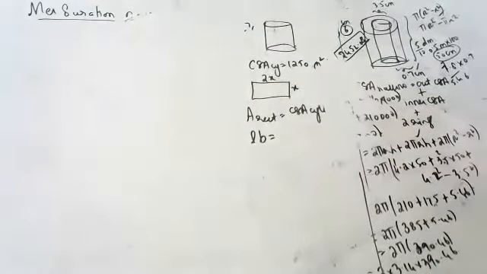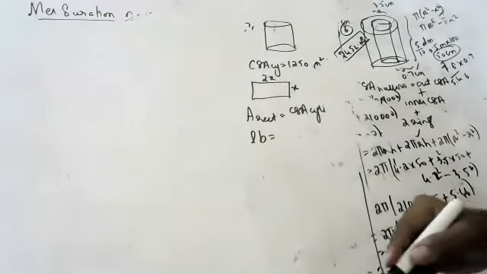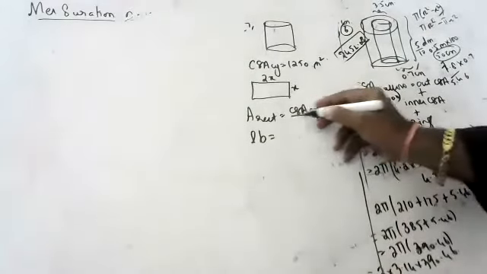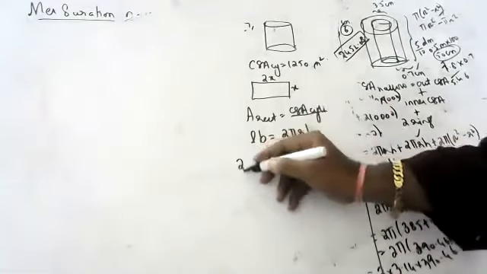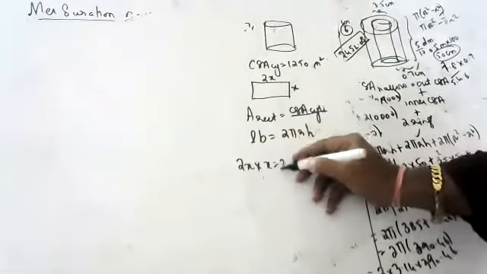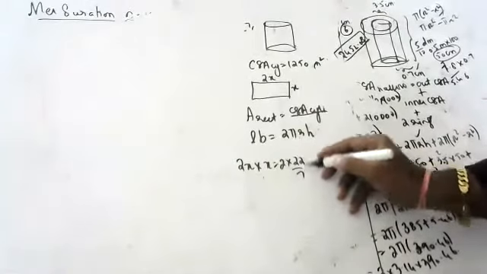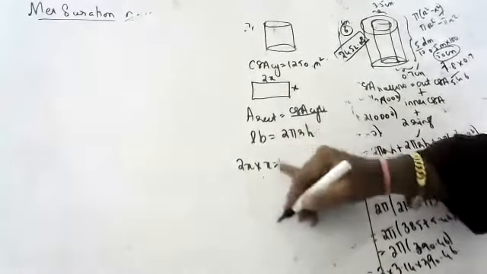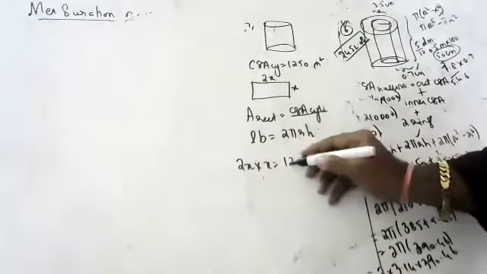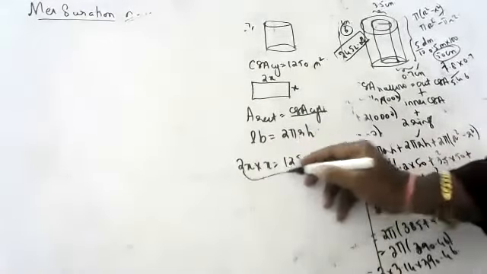Area of rectangle is L into B. CSA of cylinder is 2 pi RH. So 2x into x is equal to 2 pi r h. So 2 by 7 into radius is how much, children? 2 pi RH directly they gave, no children. How much? 1250, children. So this goes here.